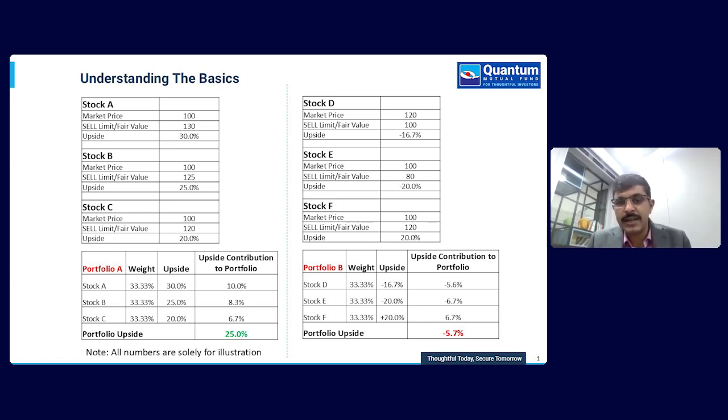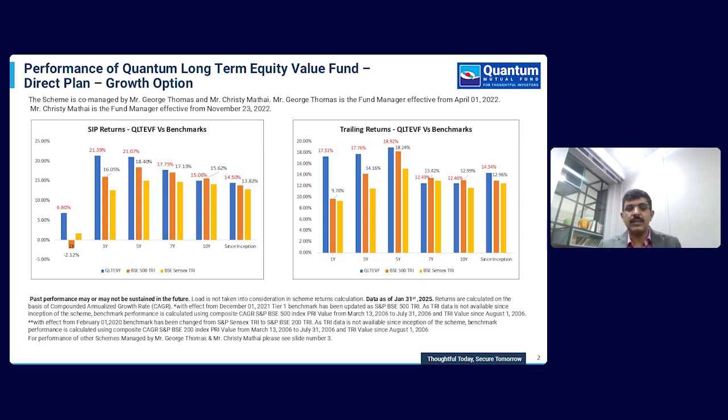So if you are a long-term investor, you should always be cognizant that you should invest in a fund which gives importance to an absolute upside. And if you invest in a set of overvalued names, there is always a possibility that as and when time progresses, you could end up with a negative return or a suboptimal return potential. So in the next slide, you would see the outcome of following a disciplined process over long periods of time.